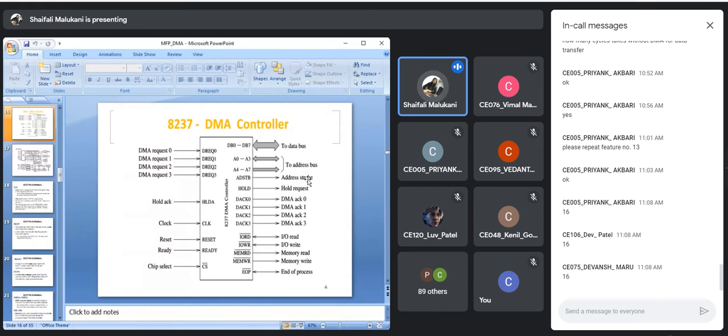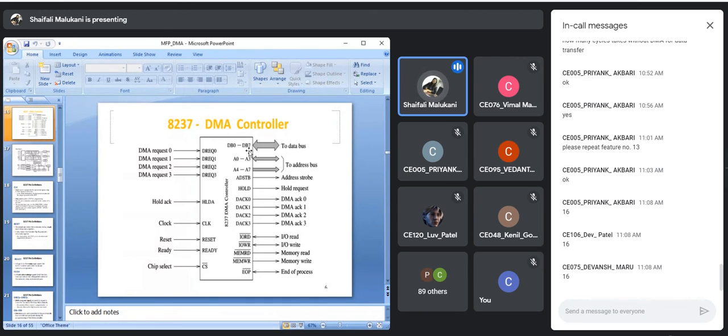So what will address strobe do? Suppose you want to put data on A15 to A8. Whatever data you want to put there, you send here on the data lines, and then your address strobe at that time will be 1. That will be latched to the address lines, right? And now your data lines are free. It is the same concept as ALE, which is for the data lines and address lines of 8086, but here address strobe is the same as ALE, for 8237.